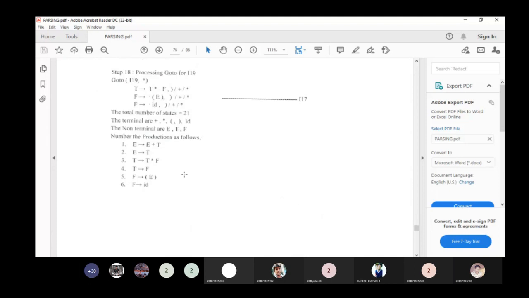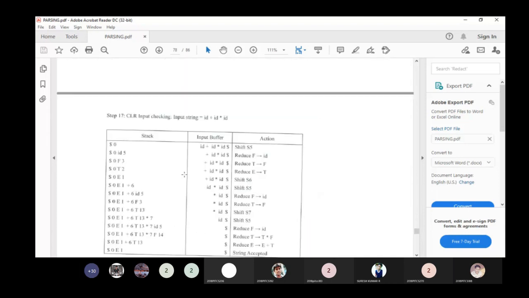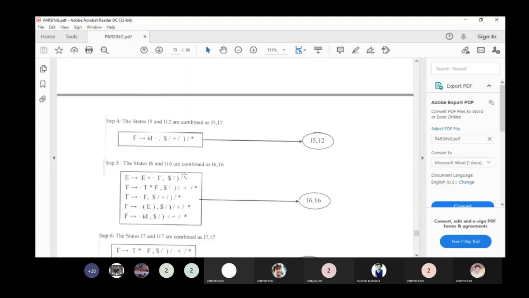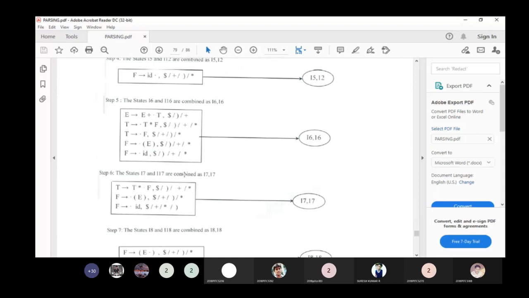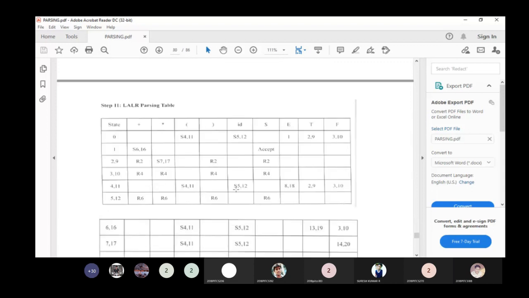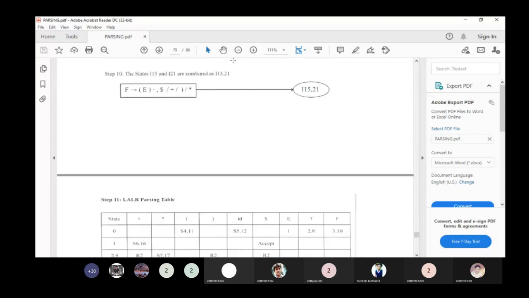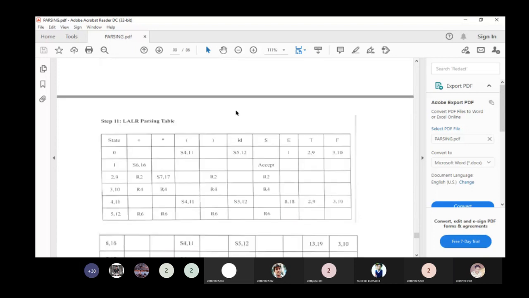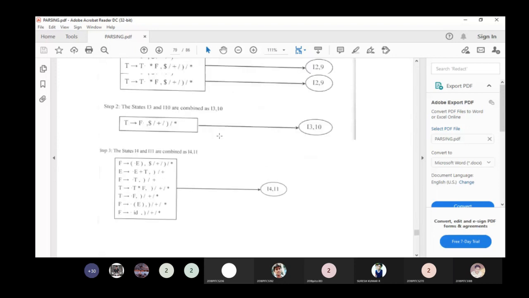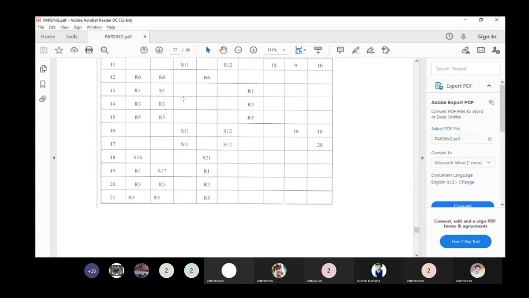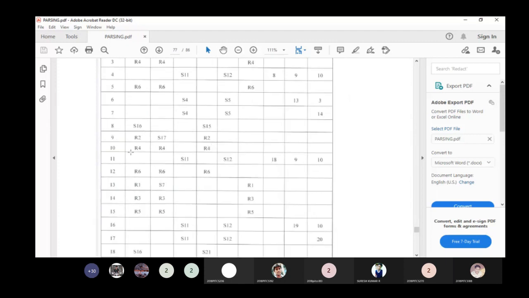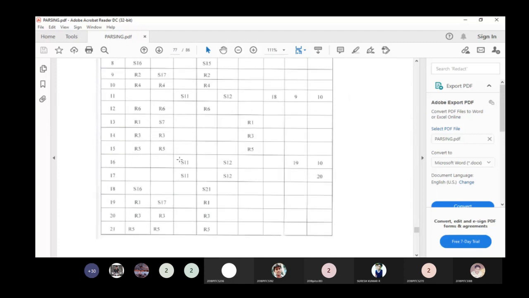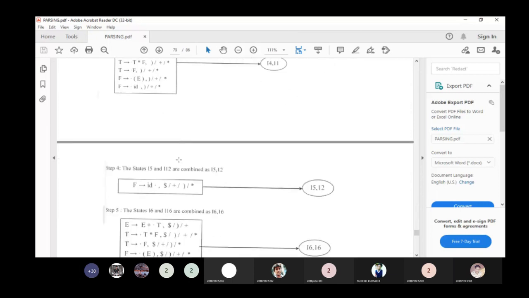Next in the LALR parser, you combine the tables 4 and 11, 5 and 12, 6 and 16, and 7 and 17. These tables are actually the same; the states are the same. So you combine those in the table. Everything must be combined.